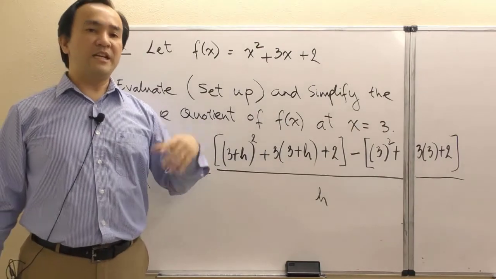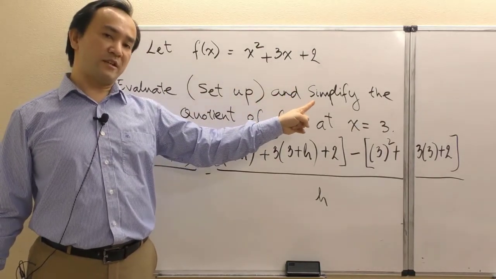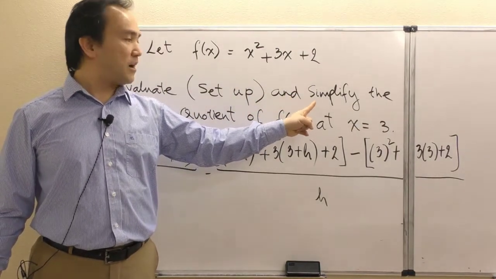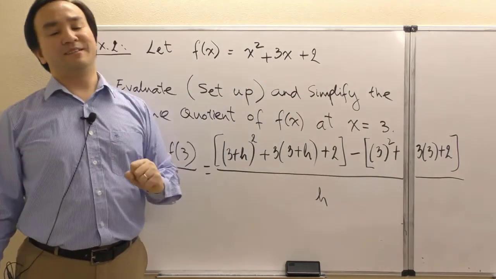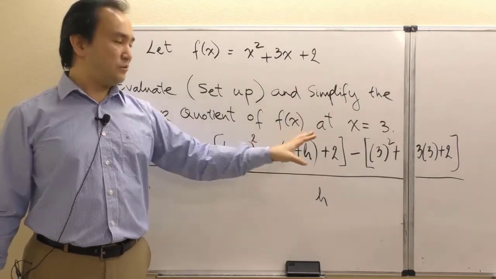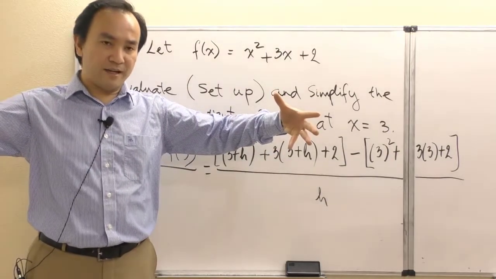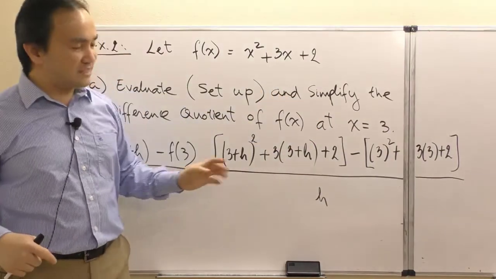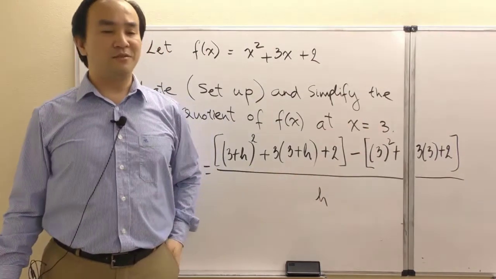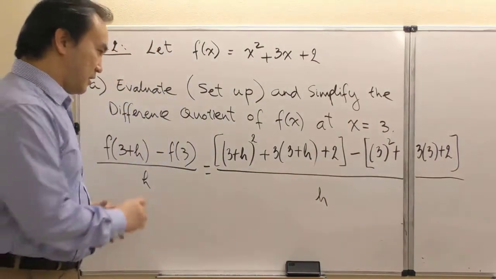But now we're going to need to proceed further as requested, as required by the instruction of the problem. Let's go ahead and simplify. Okay, so before we simplify, we need to expand and do all the algebra work to make it all completely expanded. That involves the foiling out and all that, and then we're going to find a way to simplify. Okay, so